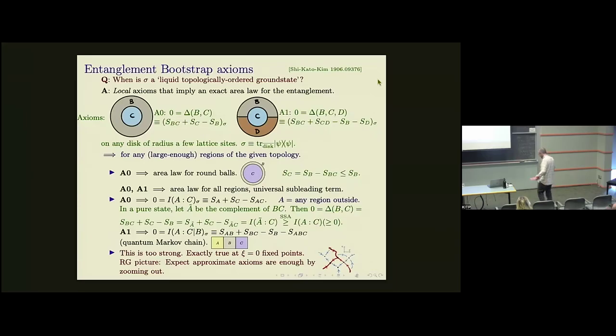Okay, so this is some quantum information jargon, but the thing you should know about it is that a quantum Markov chain is just like a classical Markov chain. It means that you can reconstruct the whole state from its parts in a unique way. So in quantum mechanics, this is in general a very difficult problem. If I give you a bunch of density matrices on A, B, and BC, it's very, very difficult to find a density matrix on ABC whose marginals are the ones I've given you. But if you know that it's a quantum Markov chain, then there's a trivial solution, which is called the Petz recovery map. Okay, so that's really the engine for all of the progress that I'm going to say in the